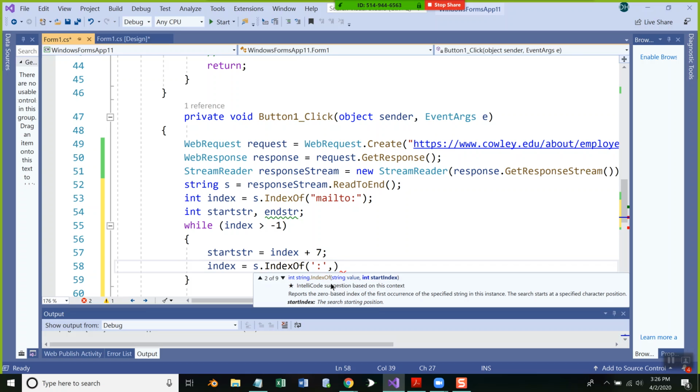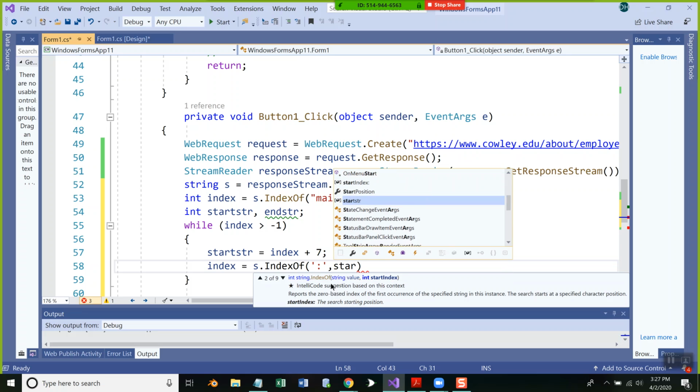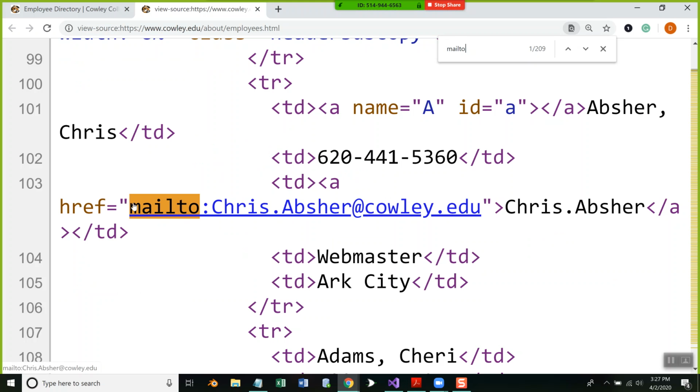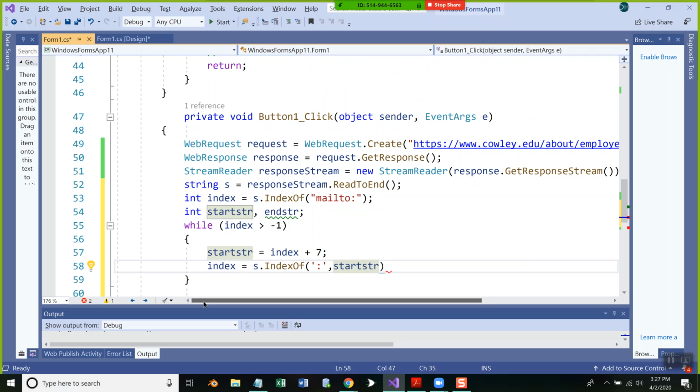Comma, and the starting index should be my start string, which would be where the M is. Yeah, that should work. Or actually it won't be, because I just added, it could be the old position of index. Okay, so then now